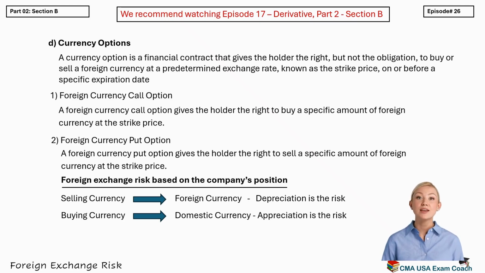When a company is buying foreign currency, the risk is that the foreign currency might appreciate. This increases the cost of the payment in domestic currency. Understanding this relationship helps companies choose the right hedging strategy, whether it's a forward contract, a futures contract, or a